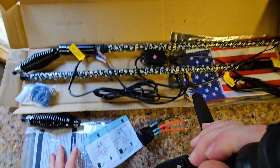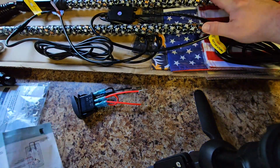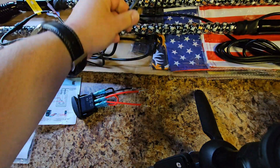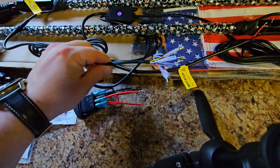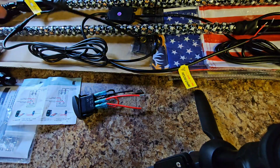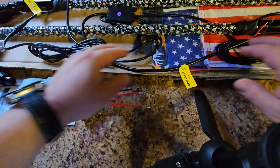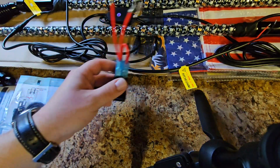Okay, so we've got everything unwrapped. And let's see what all we've got. Light whips. This will go to our switch. These are if you would like to hook this up to your blinker or brake lights. We're not going to be doing that. Of course, we've got these as well. I went ahead and